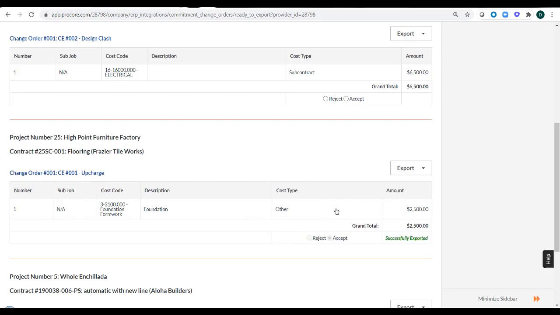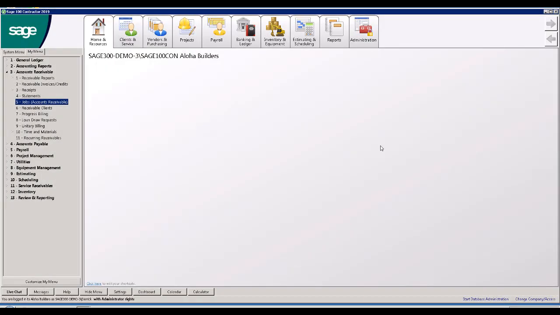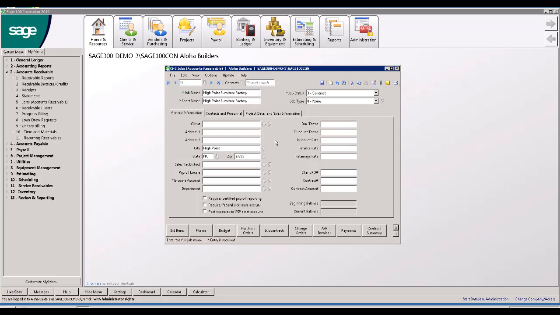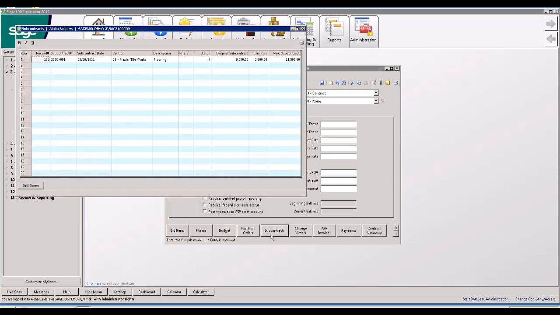All right, so we've gotten the message that this has been successfully exported to Sage 100 Contractor. Now we'll go have a quick look in Sage just to see how this subcontract change order looks when we export it to Sage. So I'm back in Sage. Now let's go look at that subcontract change order that I just sent over to Sage. Okay, so there's my job again. Then on subcontracts,